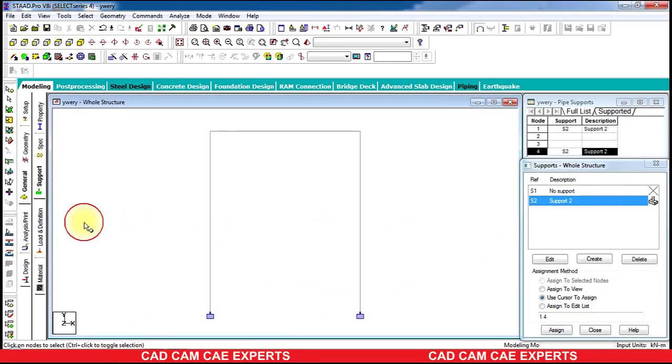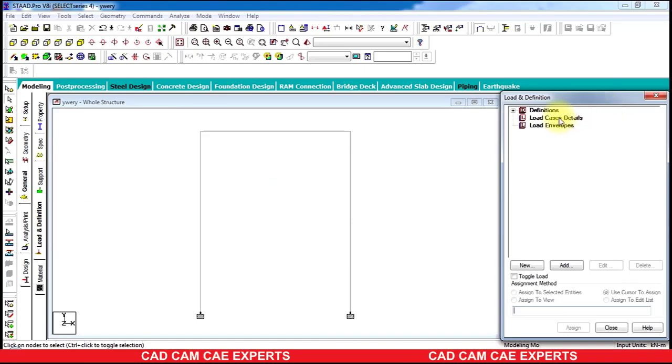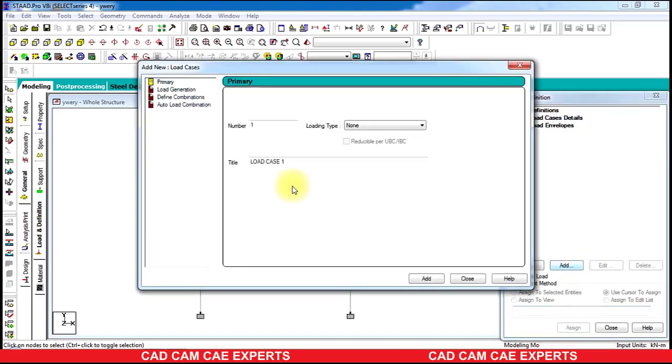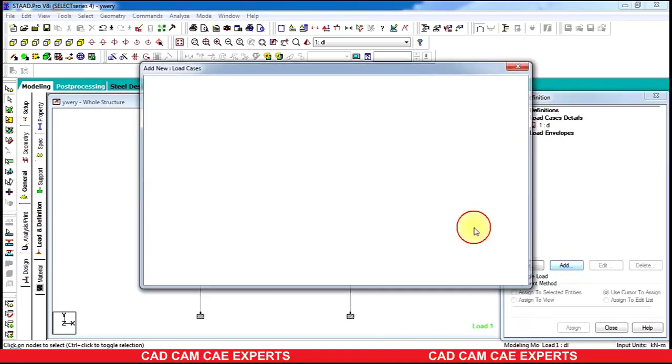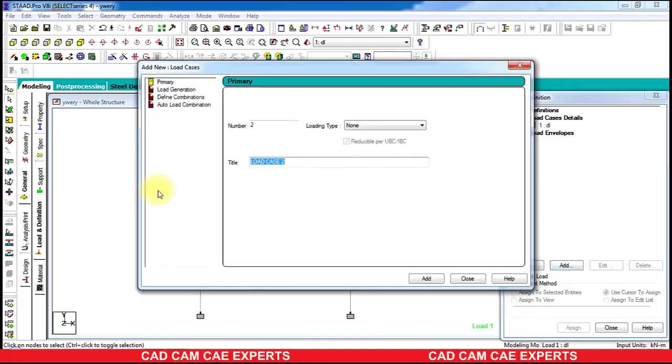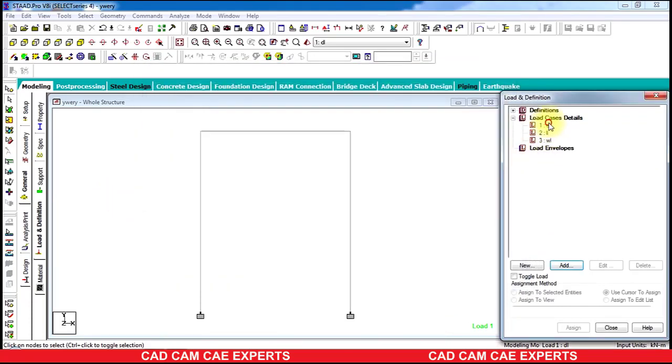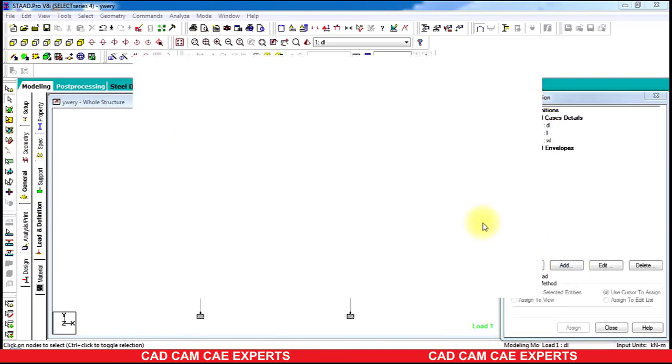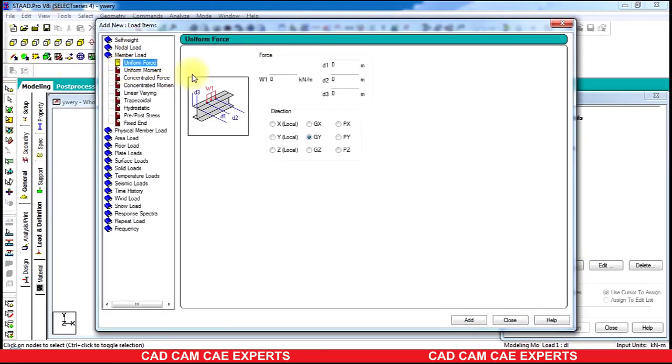yes. Coming to loads and definitions, load case details, add, dead load, add, close, live load, add, wind load, add, close. Select dead load, add, which is a uniformly distributed load, minus 40 kilonewtons